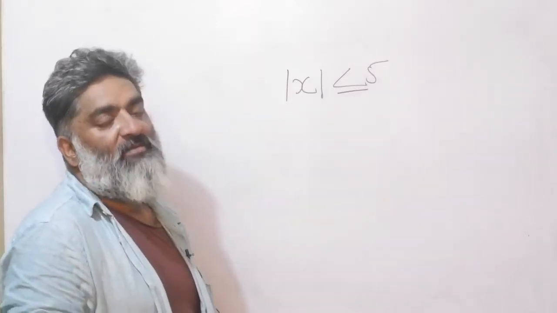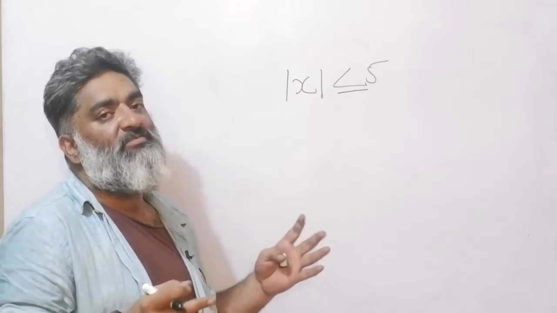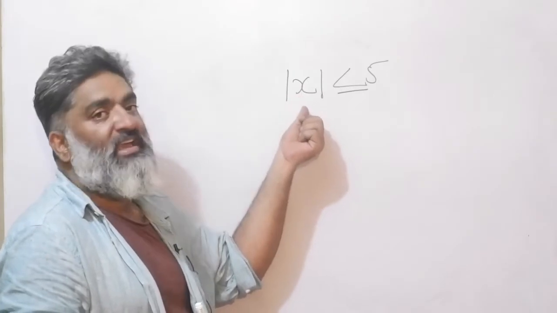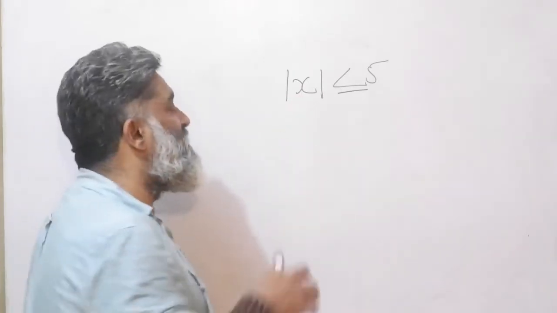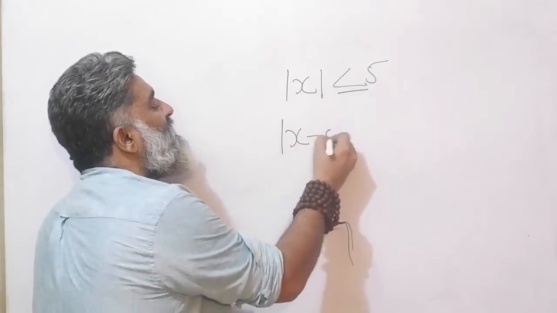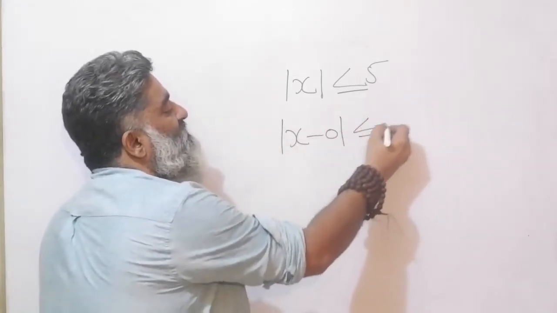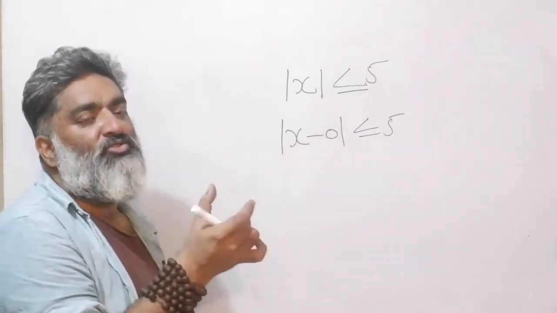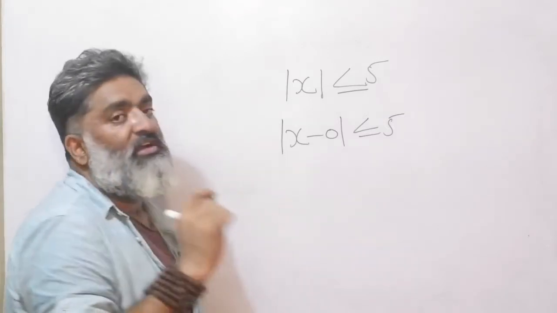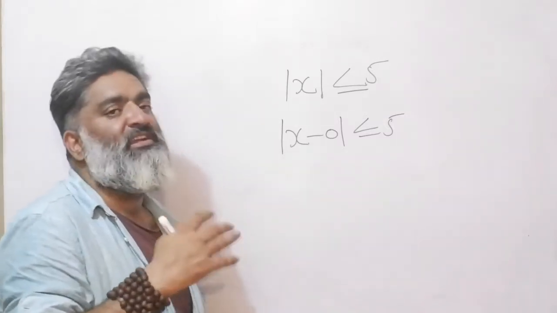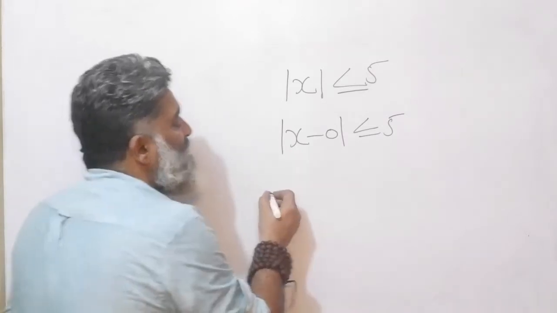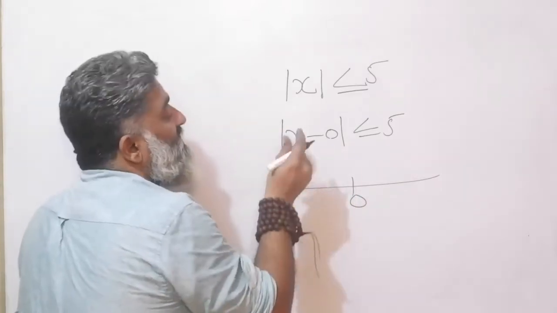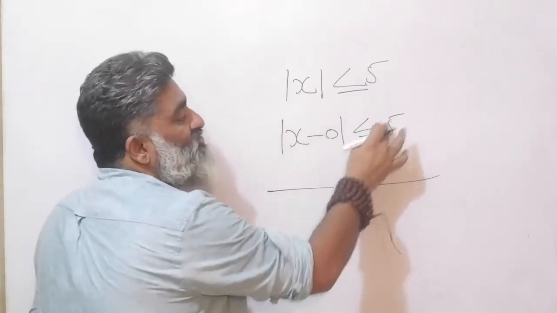For the very same example, now can I go for the distance interpretation? So we've already looked at how this symbol also means, if I look at just x, it means the distance of x from origin. Even a better interpretation is, think of it as x minus 0 and the symbols are the same. Something minus something basically gives you the distance between those 2 points, and this is also an interpretation that we have already looked at. That means thinking of the number line starting at 0, because I'm comparing it to 0, the distance of x from 0 has to be less than 5.